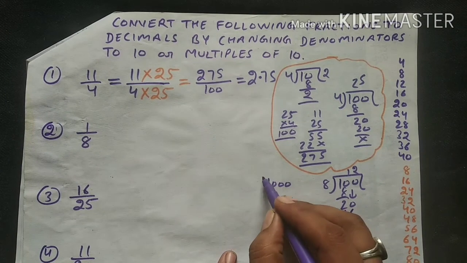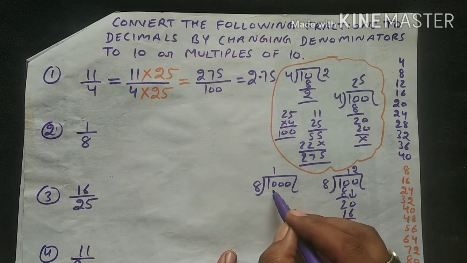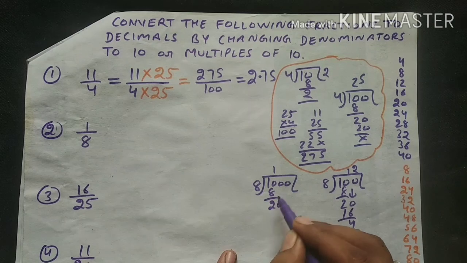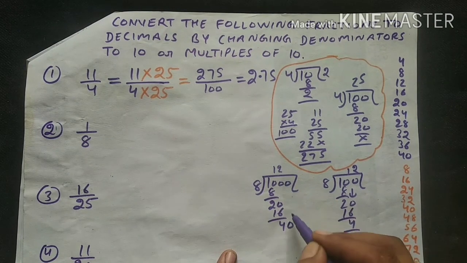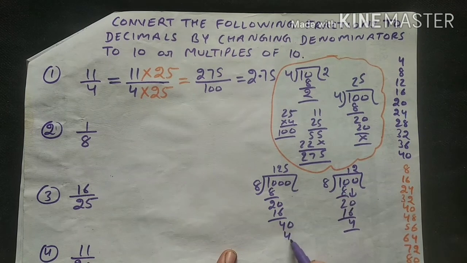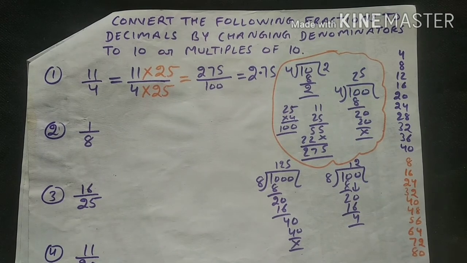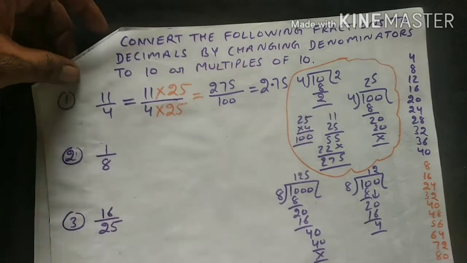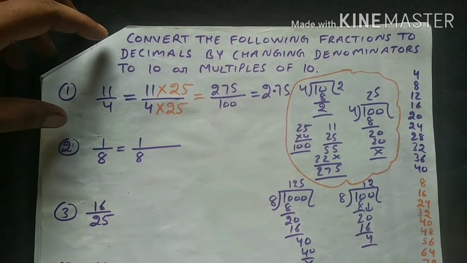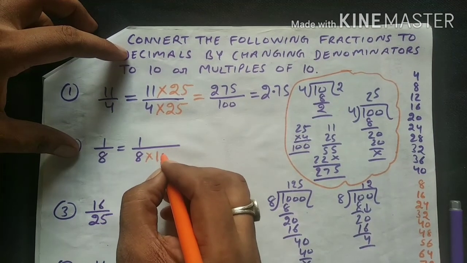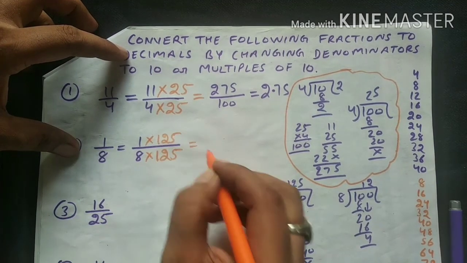1000 divided by 8. 8 ones are 8, 8 twos are 16, 8 fives are 40. Now the answer is 125. Now if I multiply both numerator and denominator with 125, then my answer is